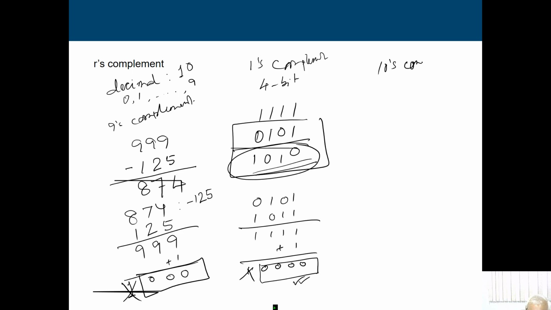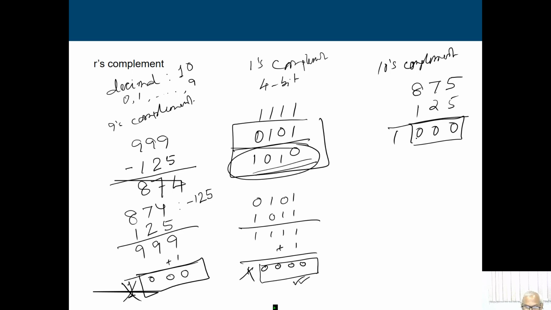Now when we talk about the 9's complement, then along with that we are going to get 10's complement. So what is the 10's complement? It says that first take the 9's complement, then add 1 to it. Then what will happen? For 125, 9's complement is your 874. So 10's complement will be your 875. Now you add 125 with your 875, then we are going to get 1000. So that means it is 0.